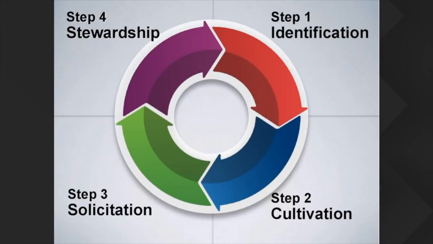So first of all, I like to start with the 4 steps, the basic steps of fundraising. Step 1 is donor identification. Who are we going to raise money from? Step 2 is cultivation. That's relationship building. You probably know fundraising is all about relationships. Step 3 is solicitation, or the actual ask. And step 4 is stewardship. That's the follow-up and thank you process, everything that comes after the ask. And round we go. And we hope that donors get into the cycle and stay with us year after year